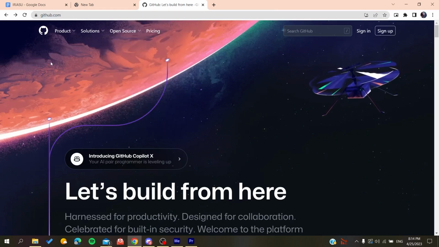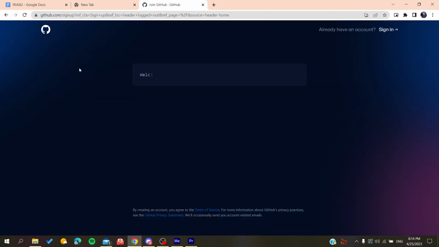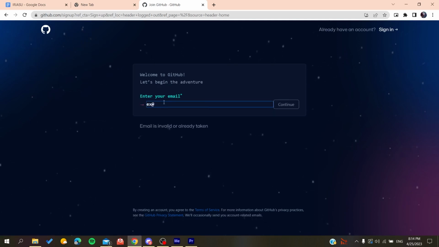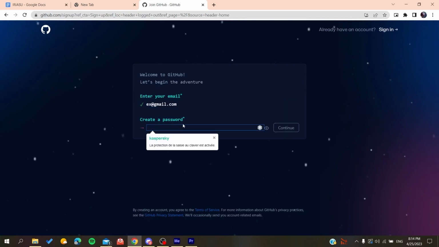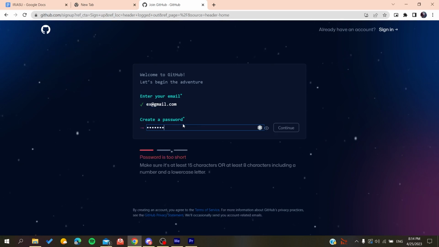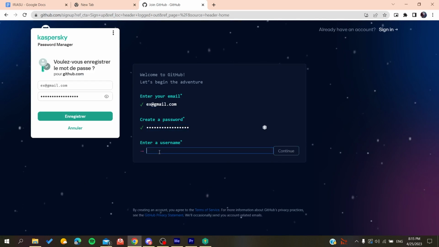And now we will need to create an account so we can use the GitHub services. So basically all we need to do is to click on sign up, and then it will redirect us to the sign up page. Now you will need to add your email, then gmail.com or any other email that you are using. You click on continue, you create a password. So if it was anything like that, you click on continue, and then you will add a username, for example